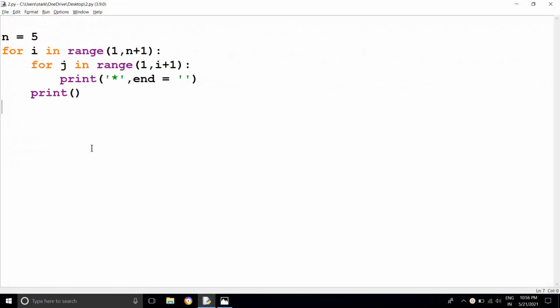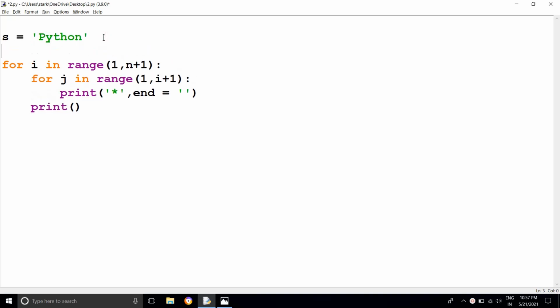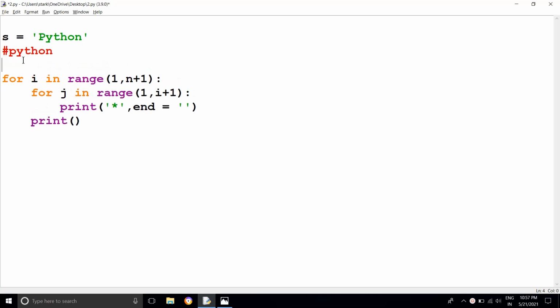So now I'm going to take the string here, s is equal to "python", right? So our string has python. What are the index values of this one? I have to know the index values of each and every character.